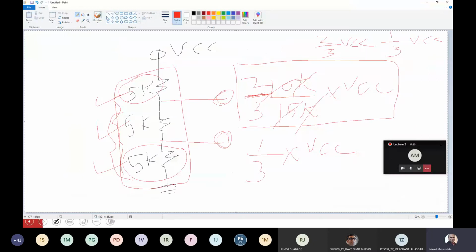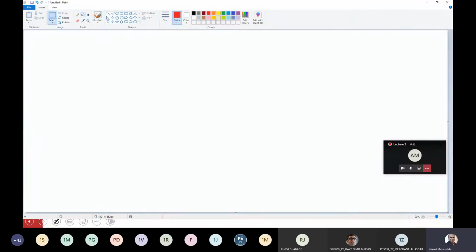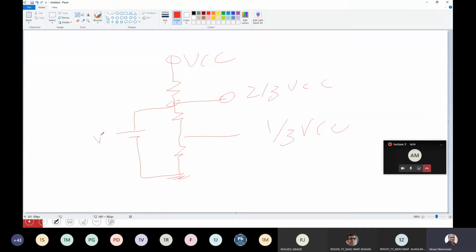Let me go back to the paint. So now my question is, what will happen if you have 3 resistors like this? Okay, R1, R2, and R3. Now when we say I apply VCC, I typically get 2/3 of VCC here, and then I will get 1/3 of VCC here. Okay, but now if I apply another battery over here, whose value is some V volts, now what will happen? Because of these V volts, the voltage at this point will be exactly V volts,